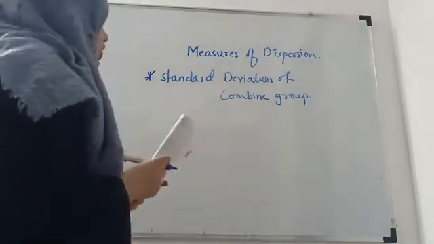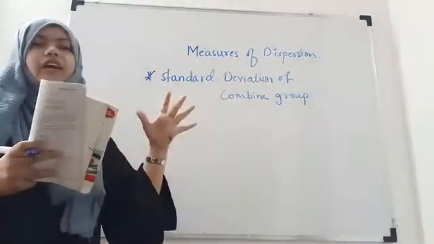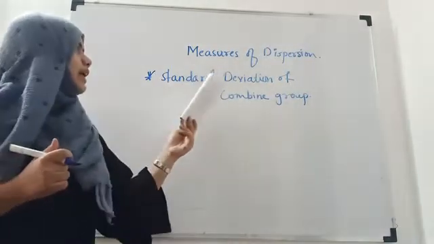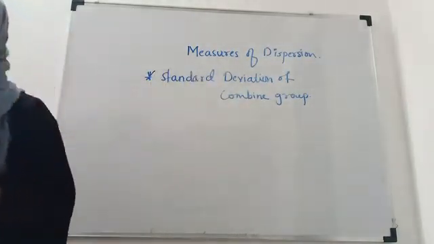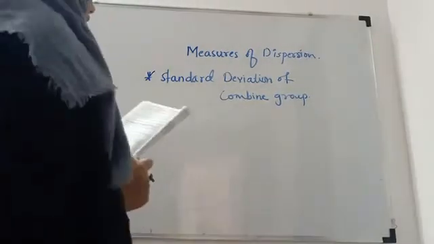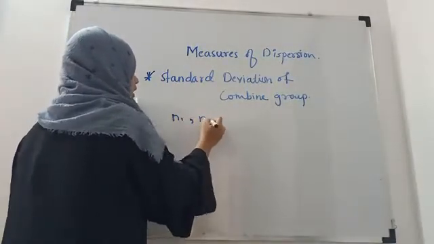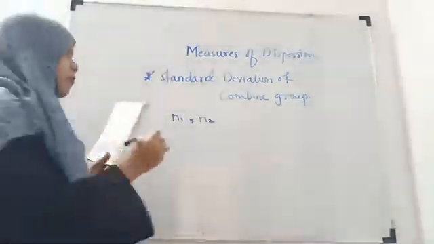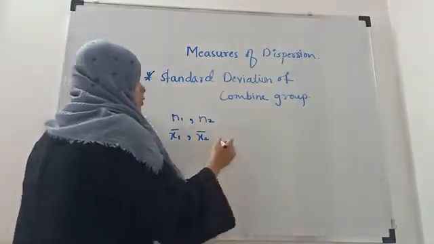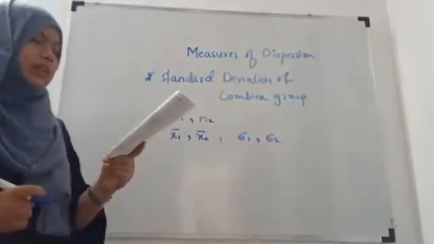So in the last lecture I have given some idea regarding this. Likewise we have done for the arithmetic mean. Similarly we have the combined standard deviation, that is for more than one sample. So suppose that there are two groups of size n1 and n2 having the arithmetic mean x1 bar, x2 bar, and their corresponding standard deviations are sigma 1 and sigma 2 respectively.